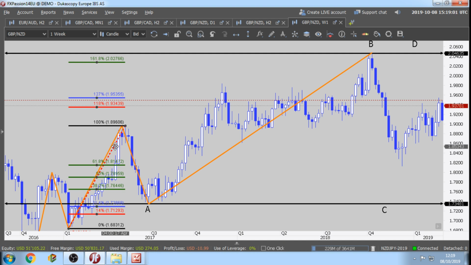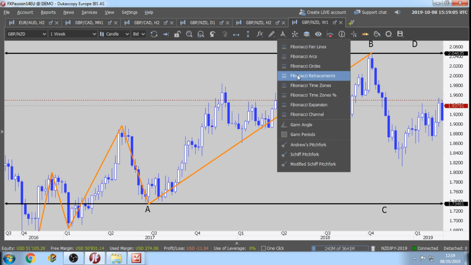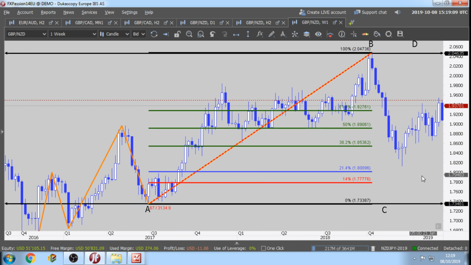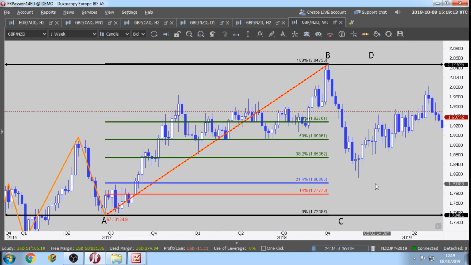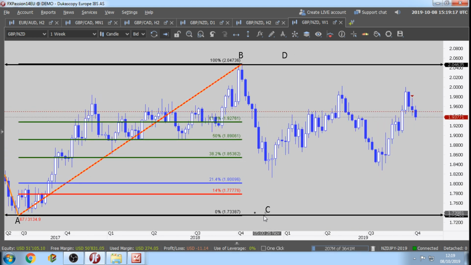Now I'm going to delete the previous Fibonacci, and I'm going to draw a new one. Fibonacci retracement tool, let's connect A to B, and we have the third Fibonacci this time, right? Now this is our C in here,